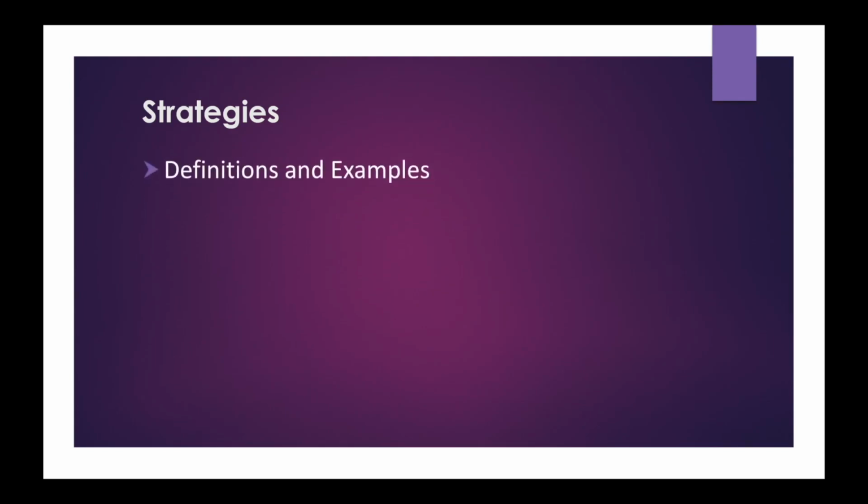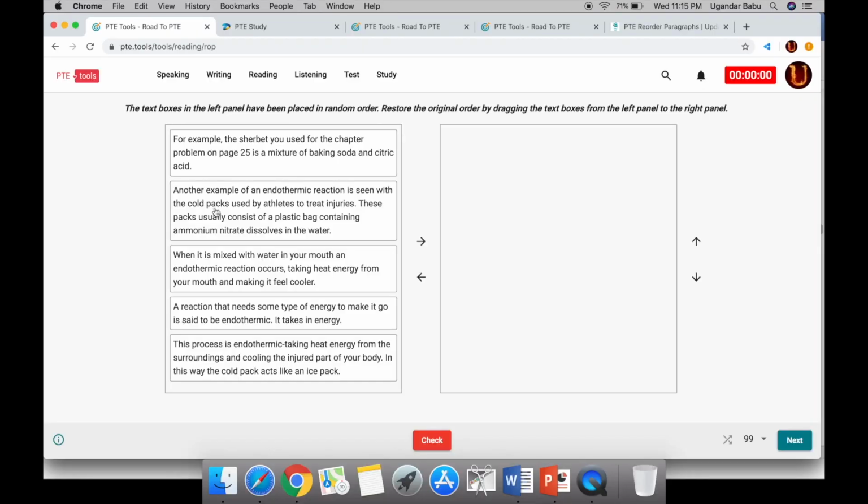Definitions and examples. Examples should always be next to the explanation. This is straightforward. If you see examples, then definitely there should be some definition or explanation provided in the other sentence. Let us directly jump into one sample. Here in the first sentence itself it is mentioned as for example. So for this definitely there should be some definition. Here another example. So this also cannot be an independent sentence.